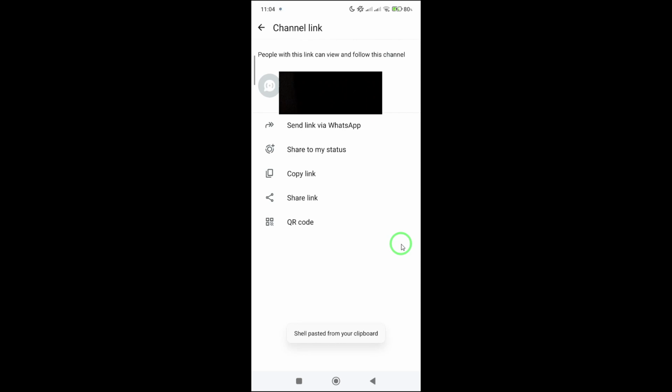And that's it. You've successfully shared your WhatsApp channel link. The person or group you sent it to will get the link instantly and they can join with a single tap. This short process makes it super easy to grow your audience or keep people updated with your latest news,